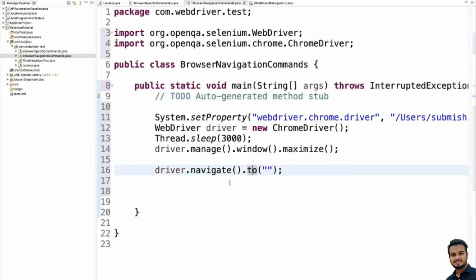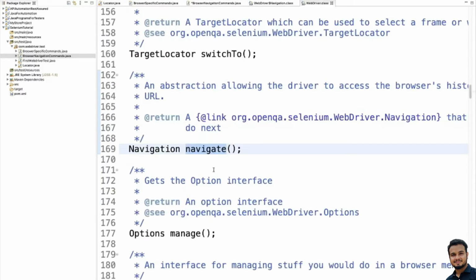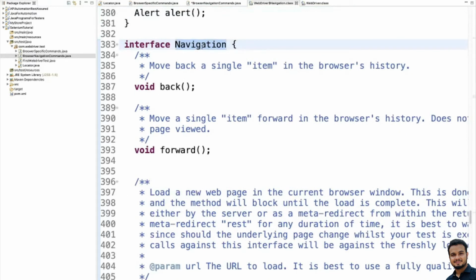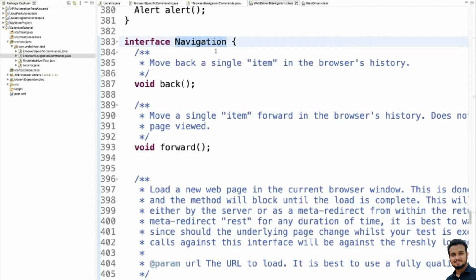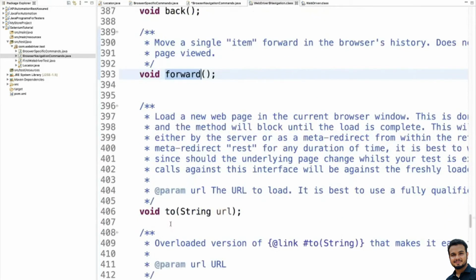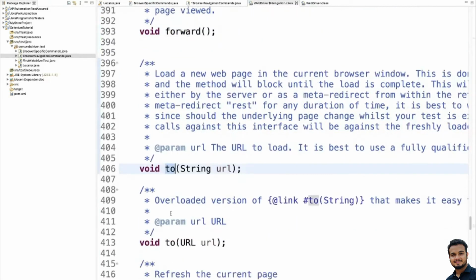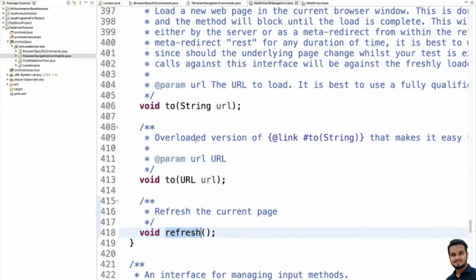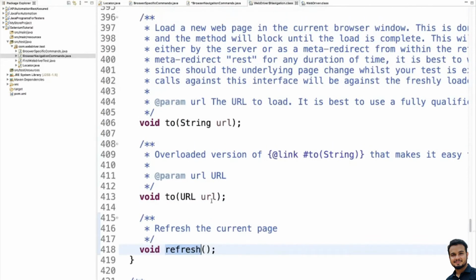This navigate function is part of the Navigation interface. Inside that we have different methods like back, forward, to, and refresh. We are going to talk about these methods.